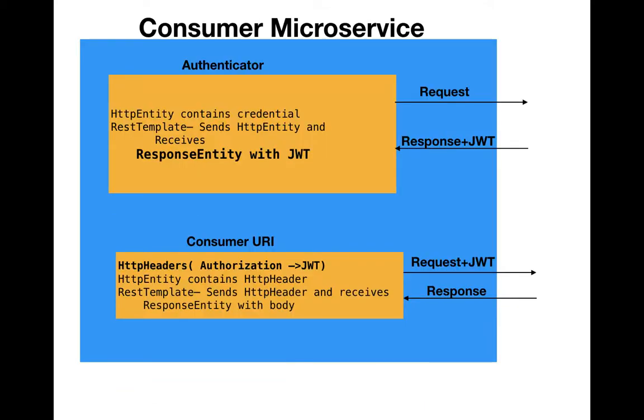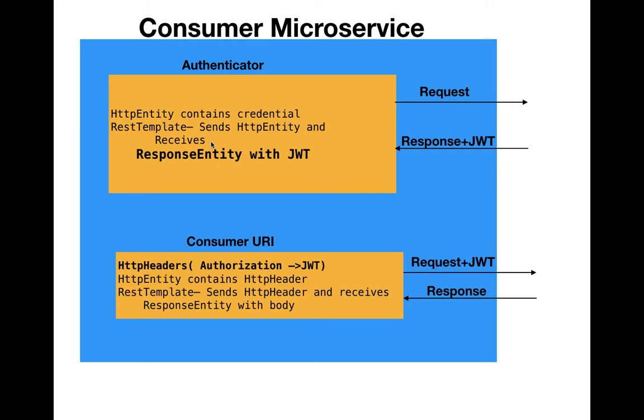So how is this going to happen, how will the consumer microservice consume the JWT? First of all, we have to think about how it will receive the JWT. We need to provide the username and password. As you remember, the username and password we created in our demo application are static and in plain text format.